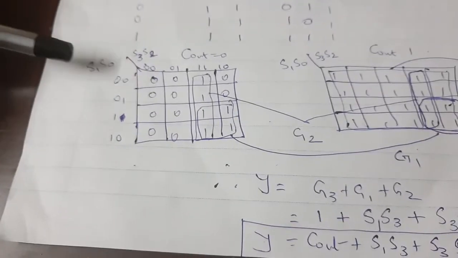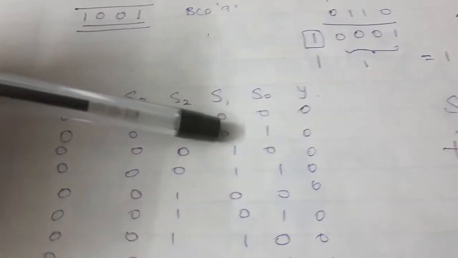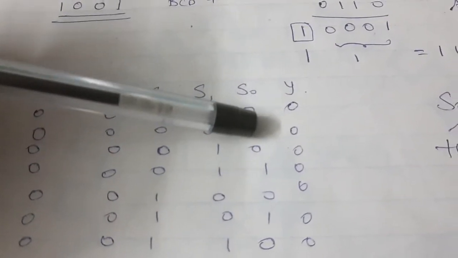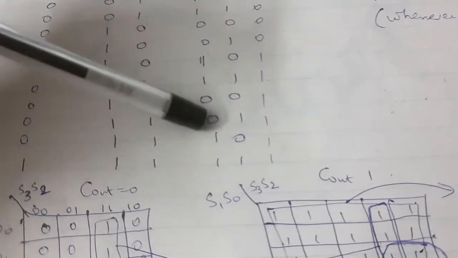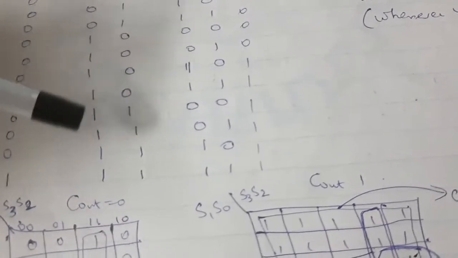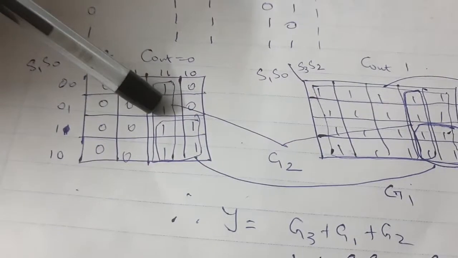Therefore, now you're going to map here. I'm showing one example. Take the condition S0, S1 as 0, 1. Again come here for the condition 0, 1. See here, S1 and S2, what is S2 and S3? 1, 1. So I have taken this condition and this condition. Output is 1. Invalid code, output is 1.